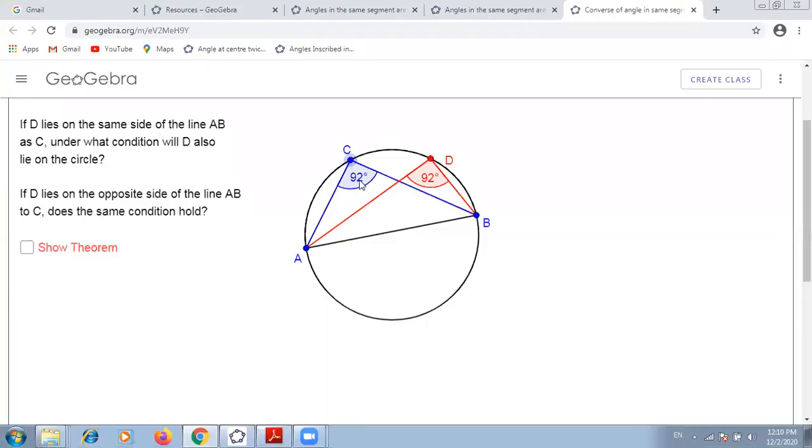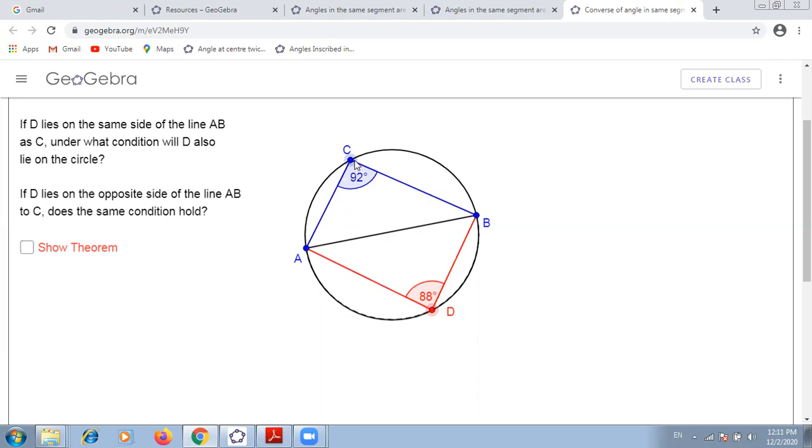Again, here you can see if the angles are in the same segment, they are equal. That is our theorem number 3, where we learned that angles in the same segment are always equal. Now, if I move this angle to the opposite side, that figure becomes a quadrilateral with all 4 points, and that is a cyclic quadrilateral. If the points lie on a circle, then the opposite angles of cyclic quadrilaterals are supplementary. 92 plus 88 is equal to 180. So opposite angles of cyclic quadrilaterals are always 180.